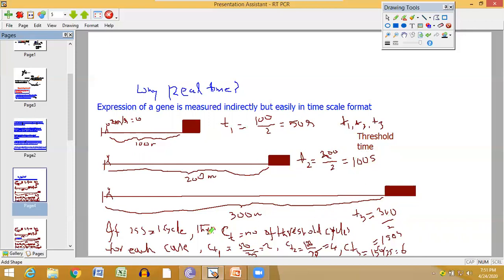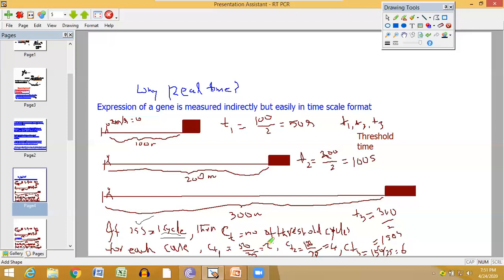So we take another scale, CT. How does it come? Say you take 25 seconds as one cycle of traversing. Then we can convert all this time factor into CT. So in the first case, CT becomes how much? In the first case, CT1 is 50 by 25, so CT is 2. In the second case, CT2 is 100 by 25, so CT2 is 4. In the third case, CT3 is 150 by 25, that is 6.